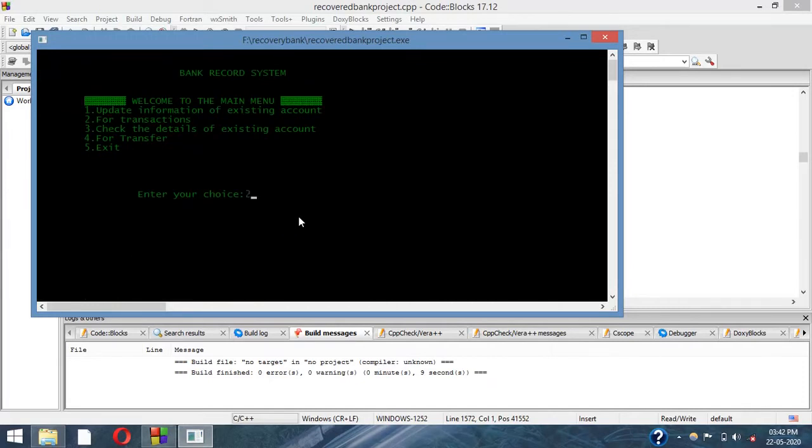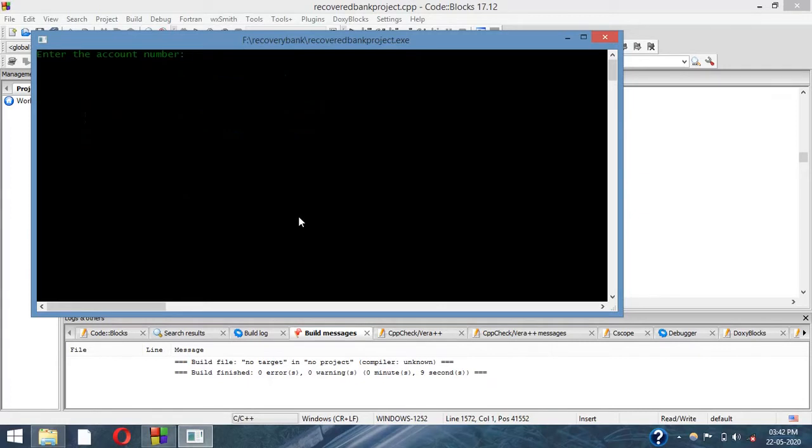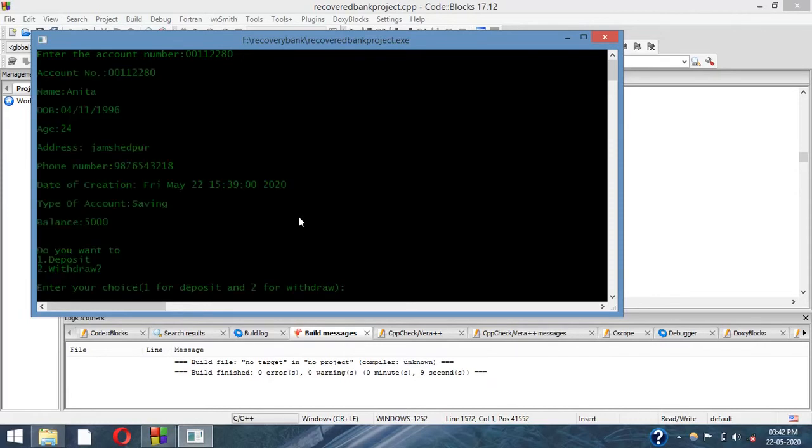So now I'm going to show you the transaction. Again it is asking for the account number, 00112280. So here is Anita's account. In the transaction, you can deposit or withdraw. So I want to withdraw.